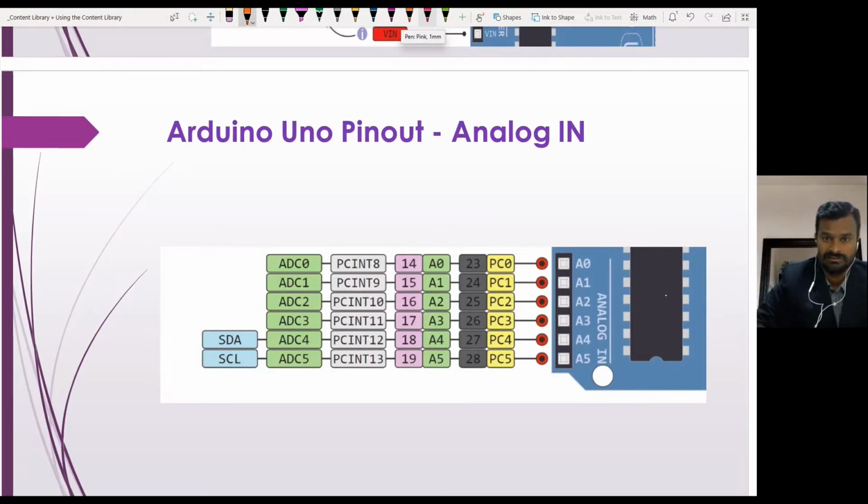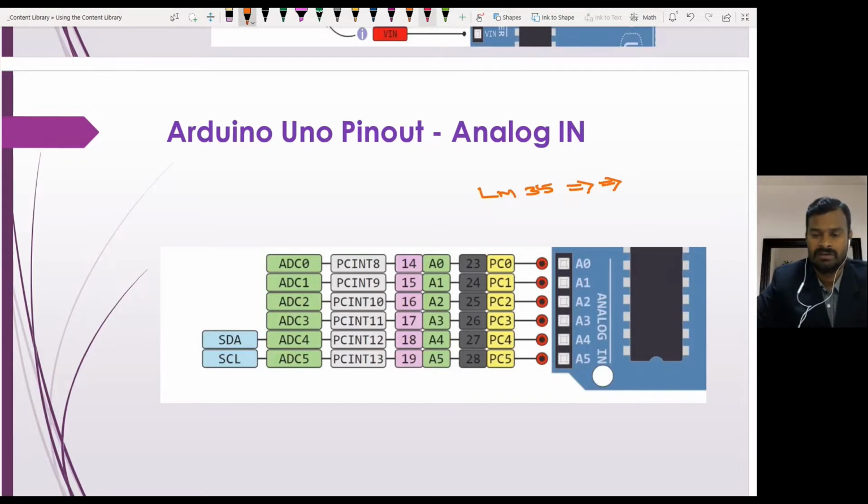For example, if we have a temperature sensor, say the LM35, and we want to measure the temperature, we can make use of these 6 inputs. Any one of the input pins, we can connect this LM35 sensor to, so that the analog input goes through this pin. The internally built ADC performs the analog to digital conversion, and after that the data will be sent to the microcontroller.